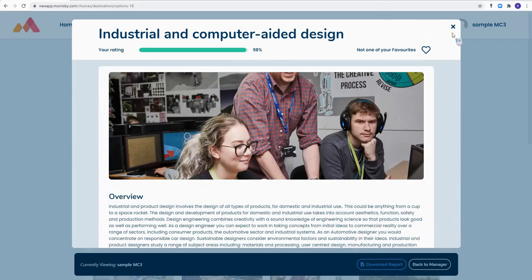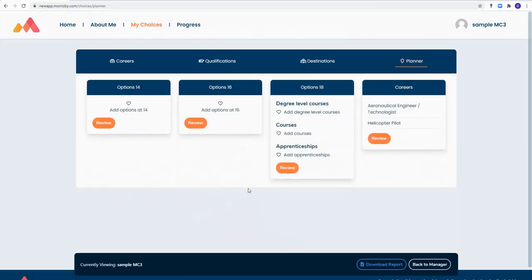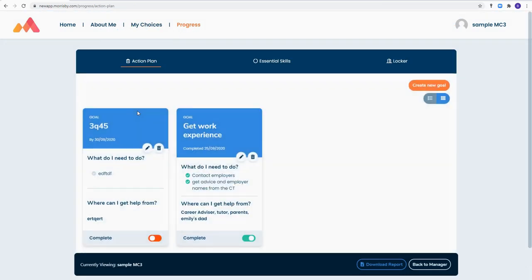So final thing, the planner page, which is no big surprise, no real changes. There is a new tab though, which is called Progress. Now this has really been designed for schools that use the tracker system, so they'll be getting kids in year 7 to do careers lessons, identifying they've done those lessons, if they do any activities, grading them on the activities,